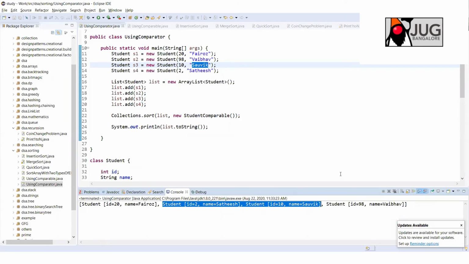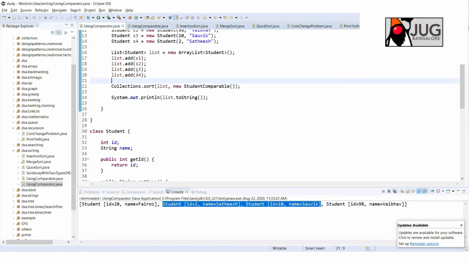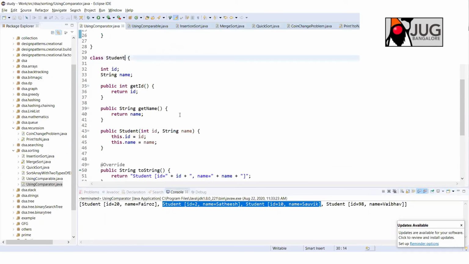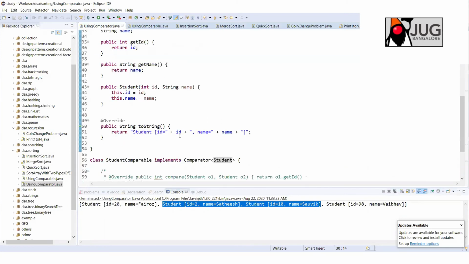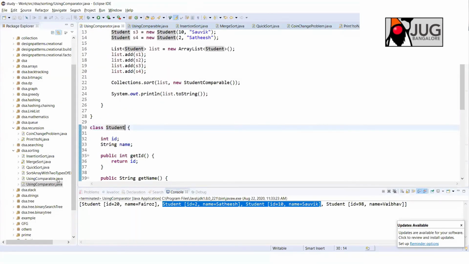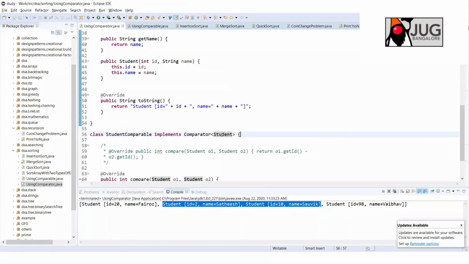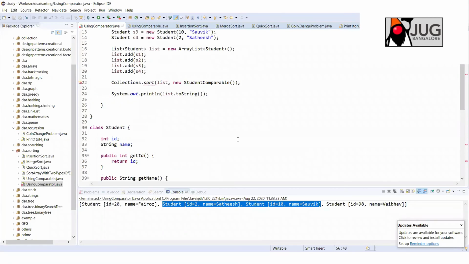Can we have a sorting mechanism which is generic, takes any parameter like name, and gets sorted? Yes, you can do that. This is a simple example I have taken. I have taken student here, right? Instead of student, you can declare a T here, and you sort based on that.